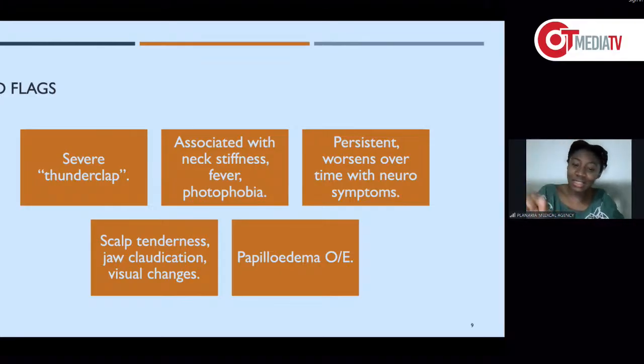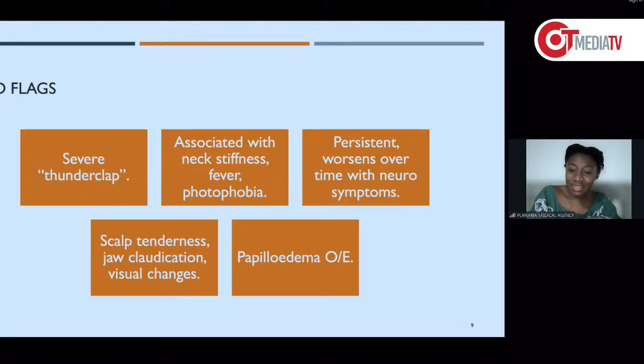For meningitis, the things that we look out for are neck stiffness, fever, and photophobia. What I mean by photophobia is, photo is a word for light, and phobia means scared of light. So if you've got neck stiffness, you have a fever, and you cannot tolerate light whatsoever, these are the 3